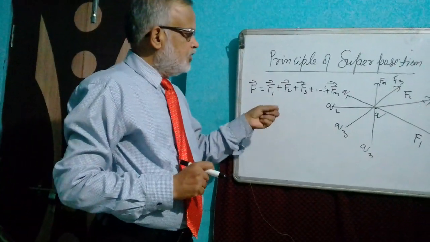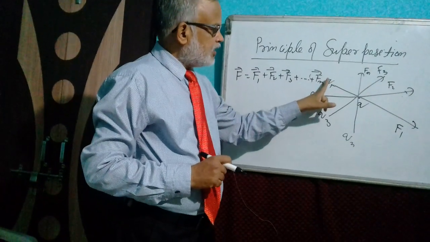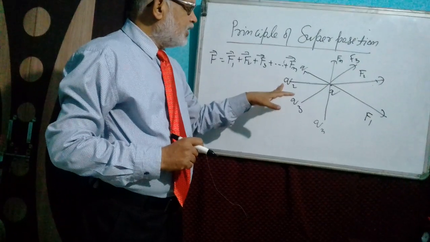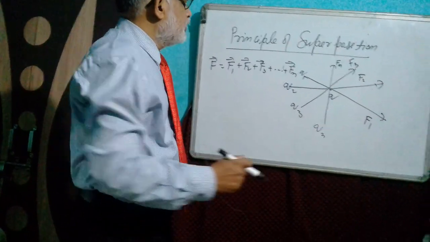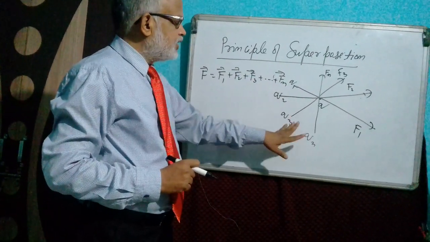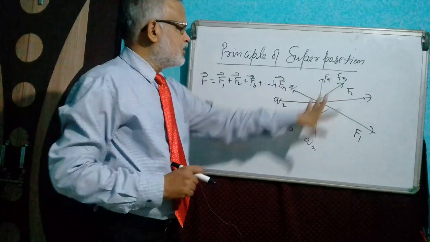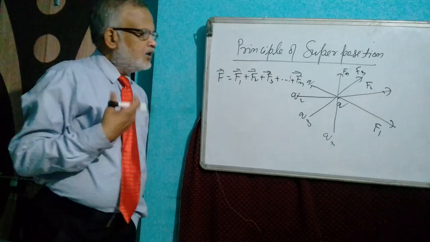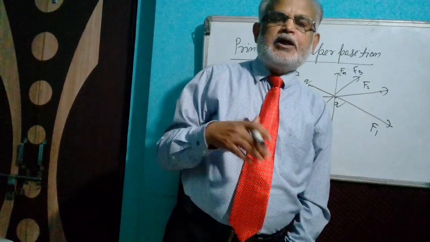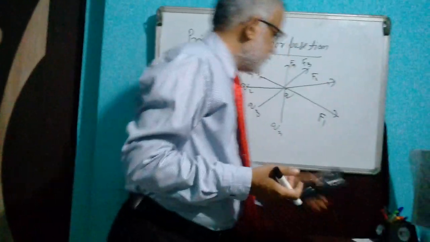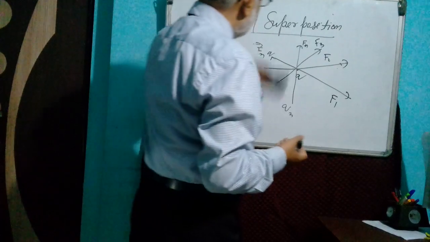The force applied by charge Q1, F1, is unaffected by the force applied by charges Q2, Q3, Qn. Similarly, the force applied by charge Q2 is unaffected by the forces of the other charges. Therefore, the principle of superposition can be applied, and the net force acting on the charged particle can be obtained with the help of vector addition. We consider some numericals.